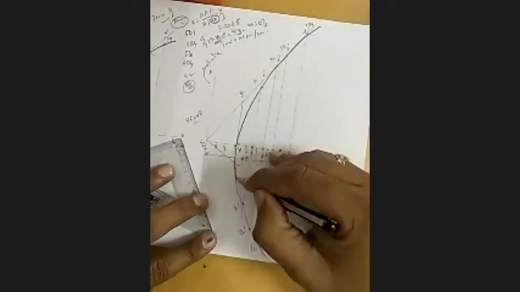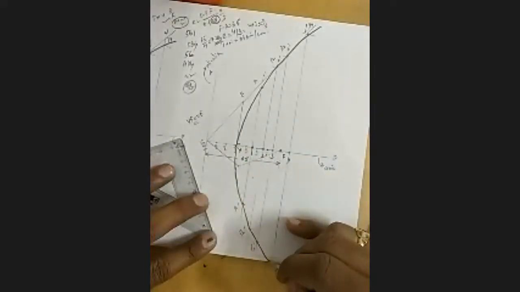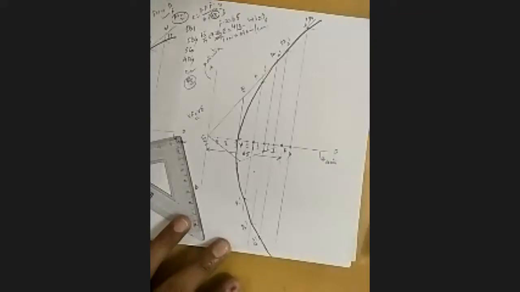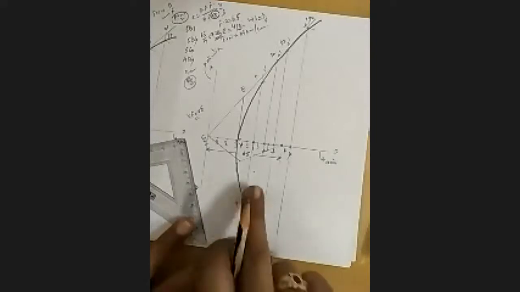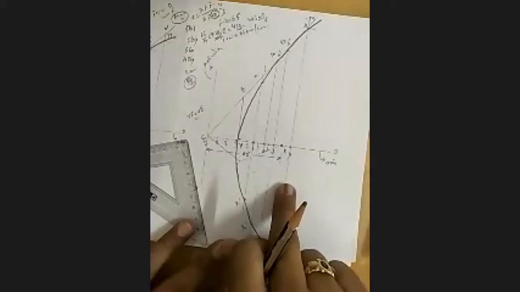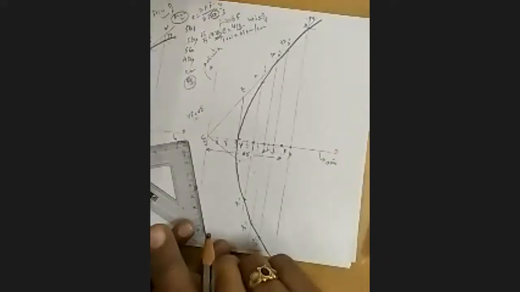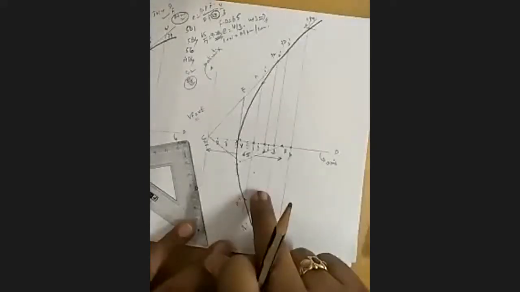Why are we extending? It has more points, so it has no end. So it is a continuous process. This is the hyperbola. Parabola and hyperbola are almost neck to neck, because it also has one focus, one vertex, one directrix. It is also an open loop. Only the conic section closed curve is the ellipse. Parabola and hyperbola are open loop entities.